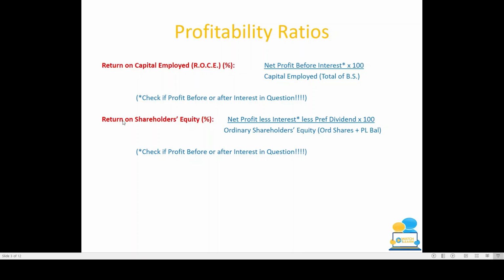The second ratio here is return on shareholders' equity. So again, this is going to be net profit less interest, so not net profit before interest, net profit take away interest, and then take away preference dividend. And we're going to put that over our ordinary shareholders' equity, which is our ordinary shares and our profit and loss balance. With the preference dividend, we need to be careful with dividends because in the question we are always